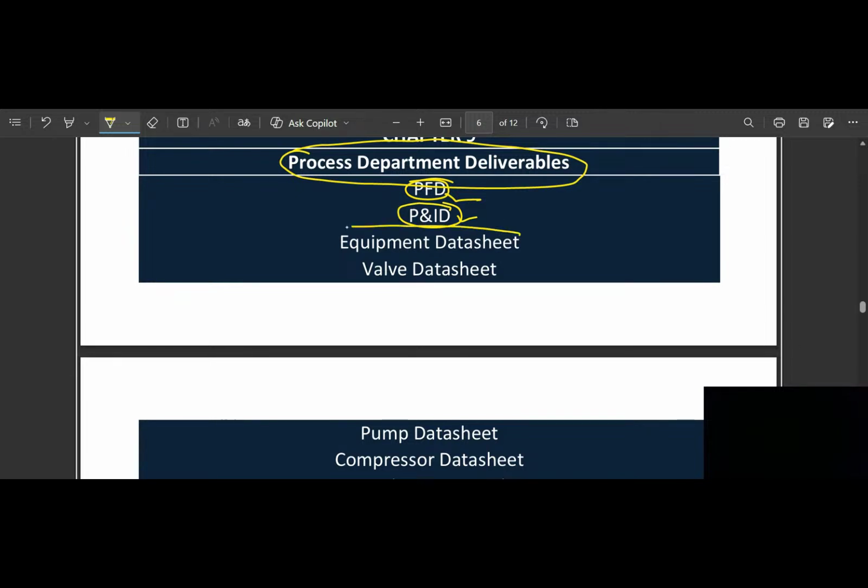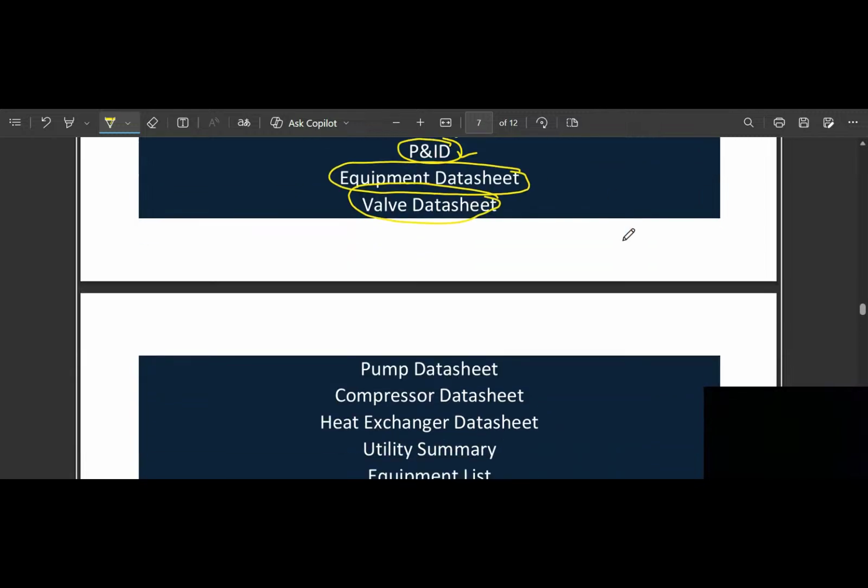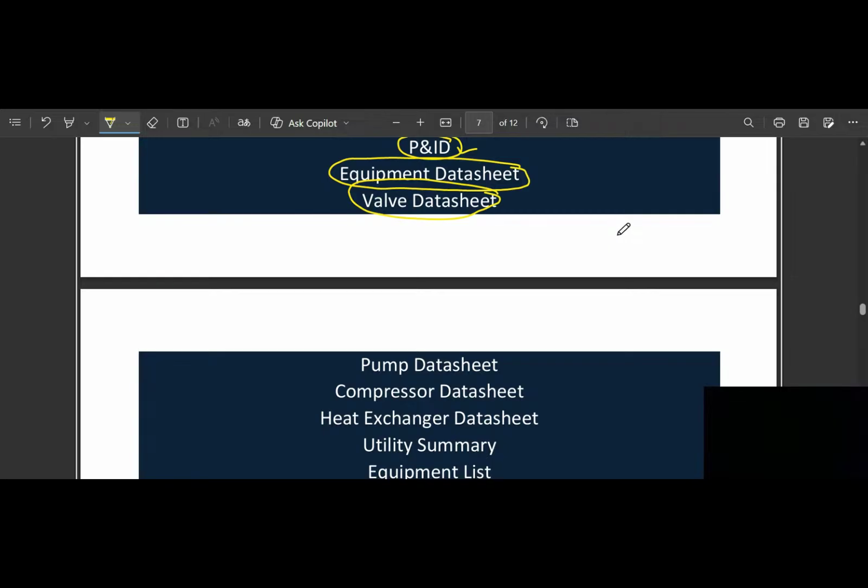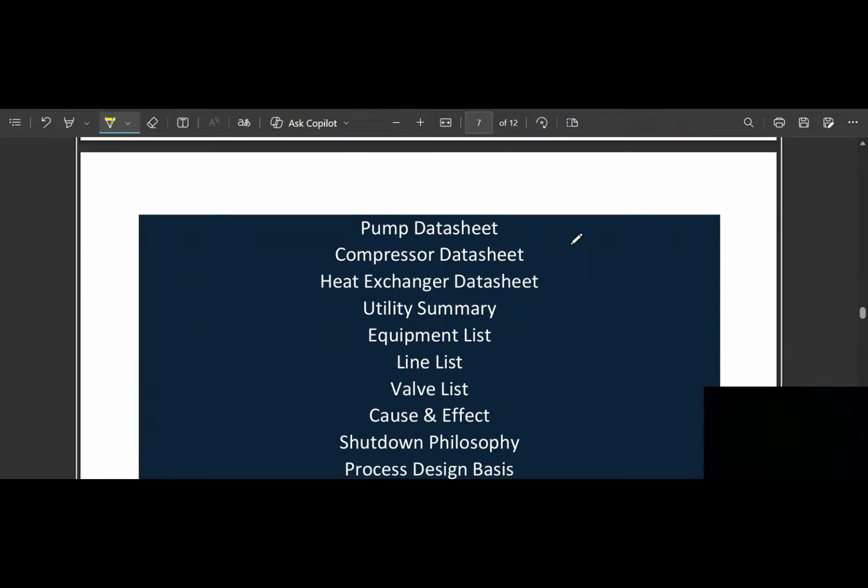Then equipment data sheet. Whatever the equipments are there in PNID. Okay. We have to prepare equipment data sheet like heat exchanger, pump, reactors, distillation column, storage vessels, storage tanks. Okay. So we have to prepare the equipment data sheet. Then valves, okay, manual valve or control valves. We are the responsible people to prepare this data sheet,